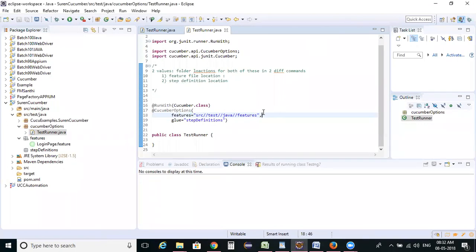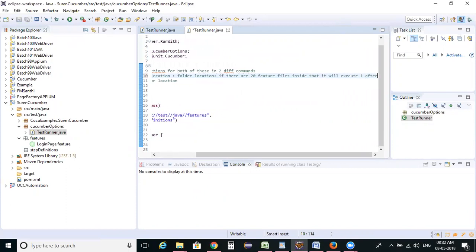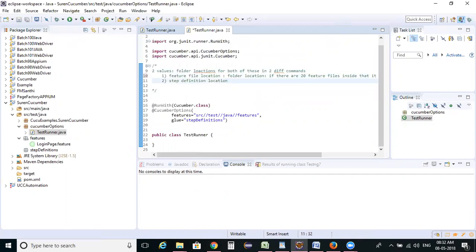Whenever we specify up to the folder location, if there are 20 feature files inside, it will execute them one after another.